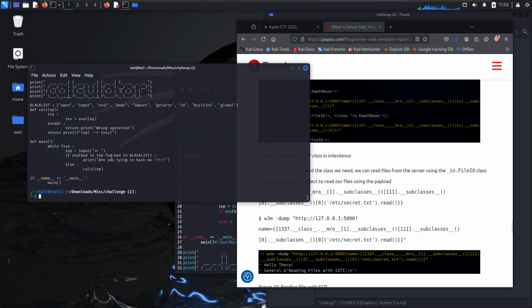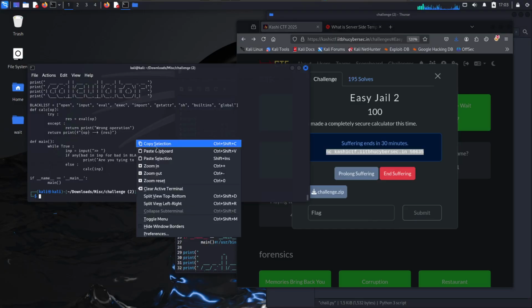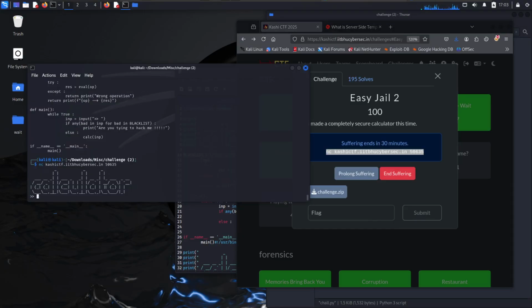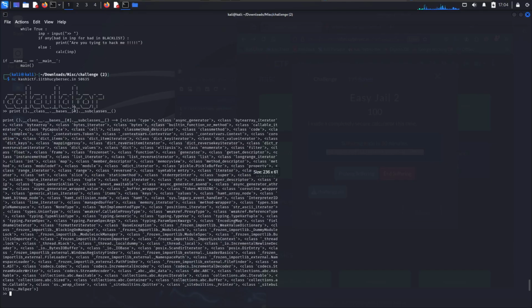So the best way is going to be to connect to the server and just show you how I got there, because it took a few steps. It's going to be a bit quicker now, but so from the tutorial I was going through, you can run this command here,